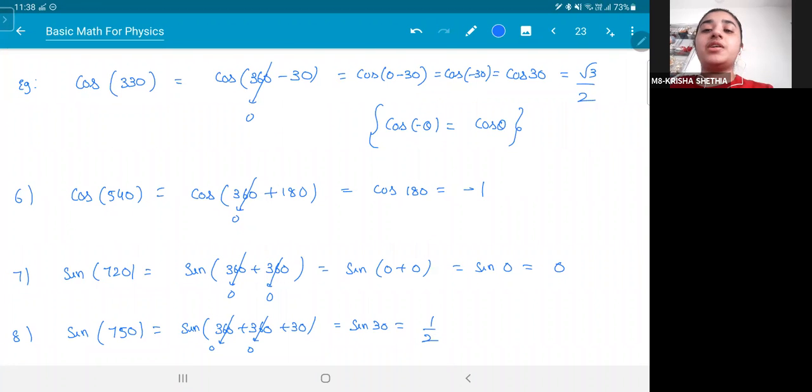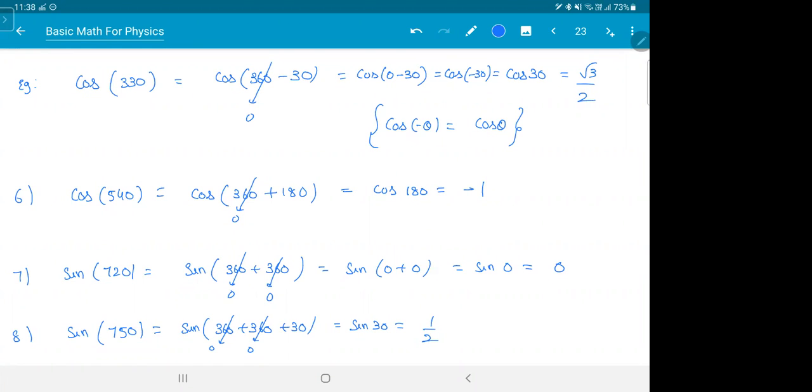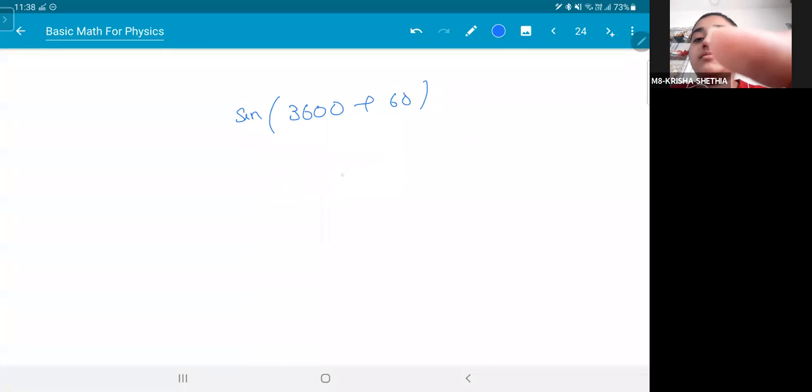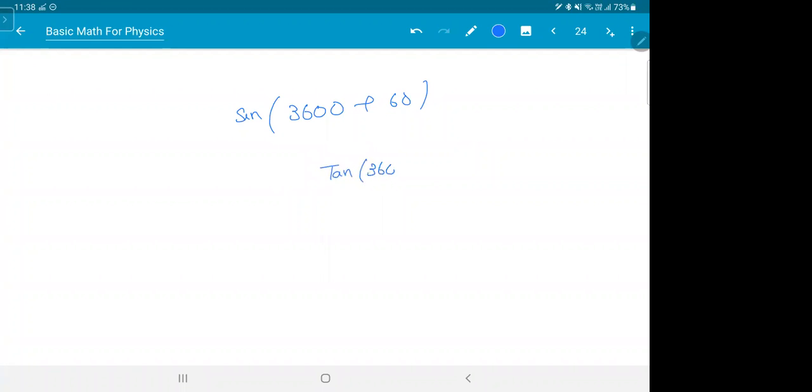Sir, in case of a higher number where we substitute 360, we do not need to see the plus or minus sign, like which quadrant matters. Yes, this is valid. For example, if you have sine of 3600 plus, let's say 60, this is 10 into 360. This is 0, so this is gone, sine 60. Meaning you are simply rotating it 10 times. This is valid even for tan also. If you have tan 360 plus 30, you can write this as tan 30. 360, you can always make it 0.